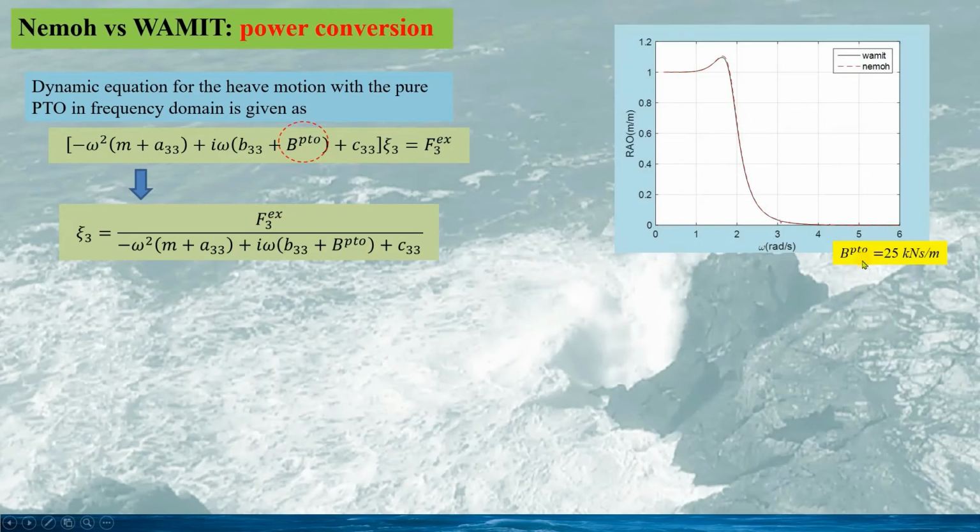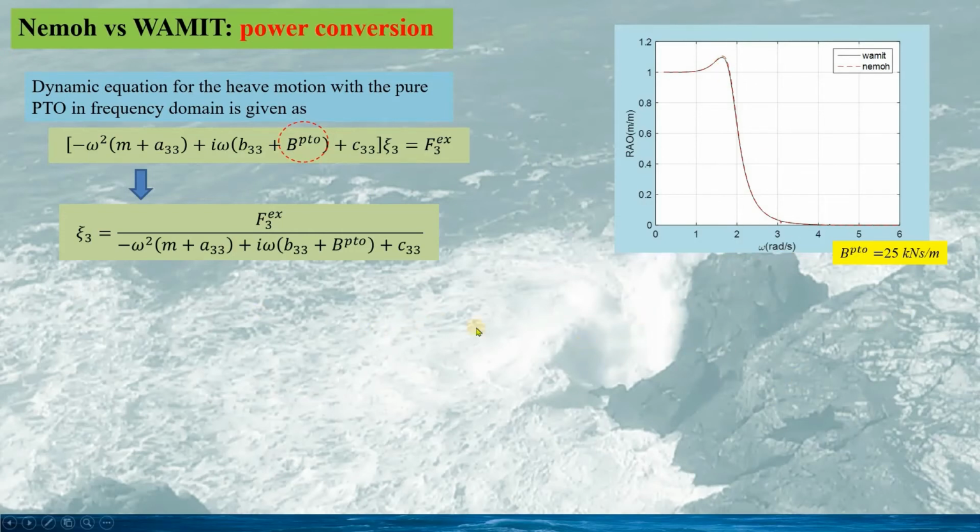And if we choose the PTO damping coefficient as the maximum radiation damping coefficient, 25 kN second per meter, we have the response as this, and the maximum response now is about 1.1 rather than 2.2, as we